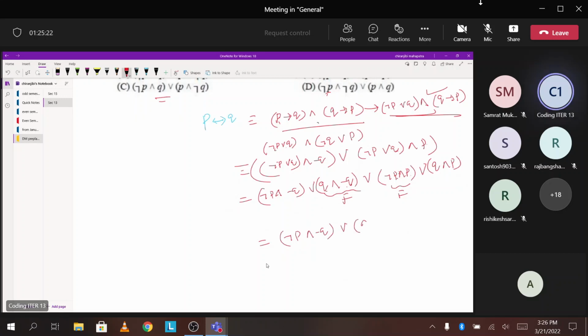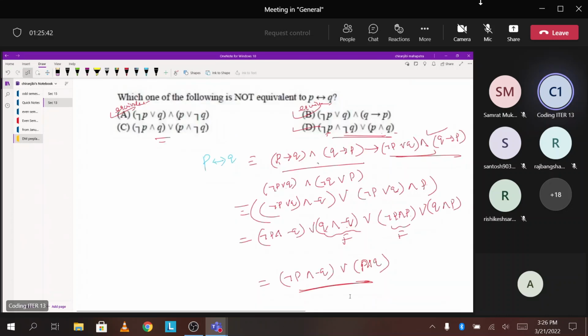और यहाँ पे Q एंड P है तो आप P एंड Q लिख सकते हो, कम्यूटेटिव है। सो दिस वन इज दिस स्टेटमेंट, नेगेशन ऑफ P एंड नेगेशन ऑफ Q और P एंड Q। सो ये D स्टेटमेंट भी करेक्ट है। तो बचा कौन सा है, हमें पता है कि ये तीनों करेक्ट है, तो ऑब्वियसली एक ही स्टेटमेंट बचता है कि दिस इज ऑल्सो इक्विवेलेंट, ठीक है, तो यही तुम्हारा फॉल्स है, दिस इज नॉट इक्विवेलेंट। सो आंसर इज C,